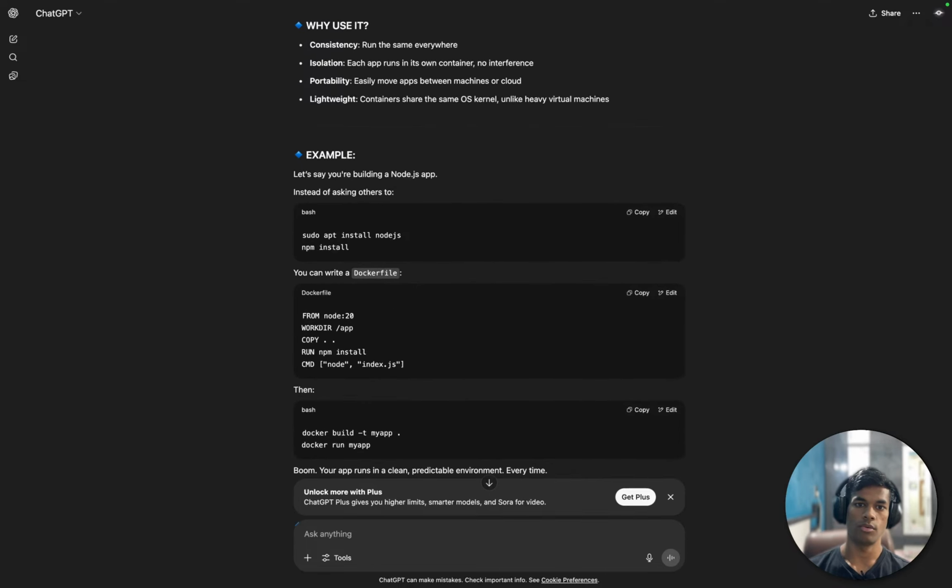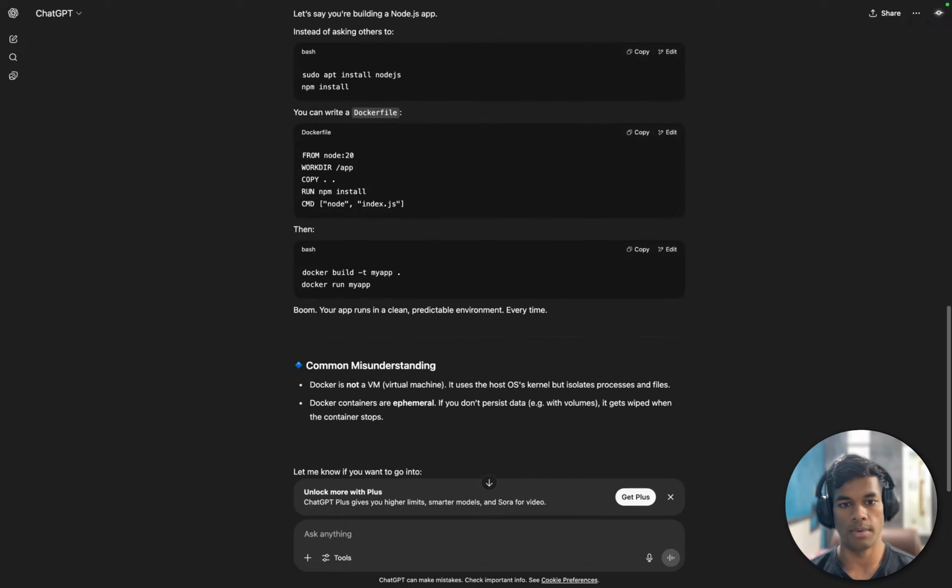Example: let's say you are building a Node.js app. Instead of asking others to sudo apt install Node.js, you can write a Dockerfile: FROM node:20, WORKDIR called app, copy everything from the folder into this directory, run npm install, then CMD node index.js.